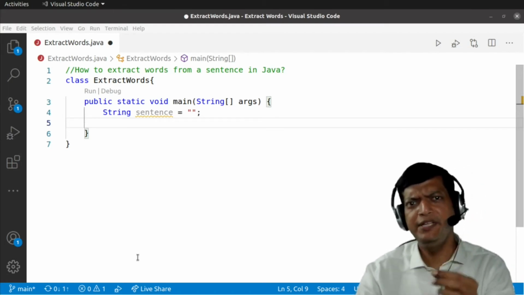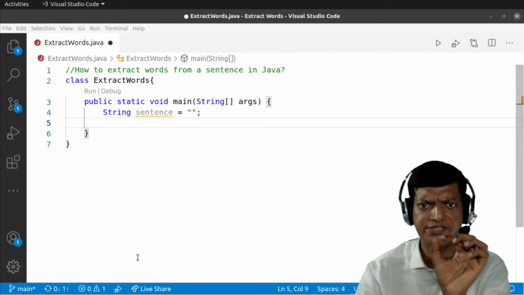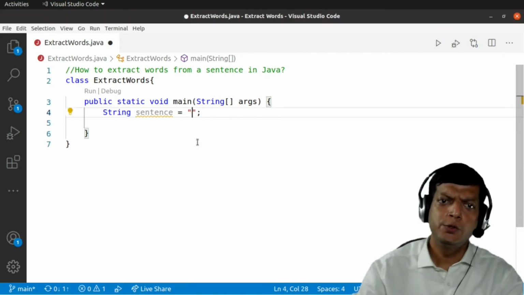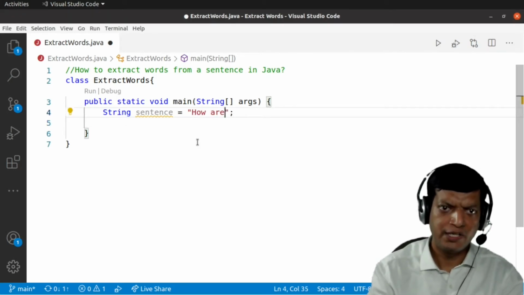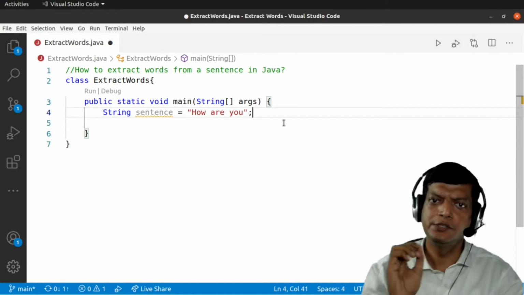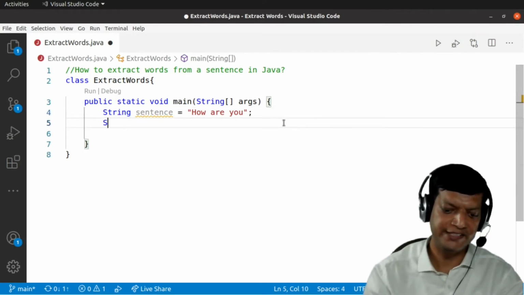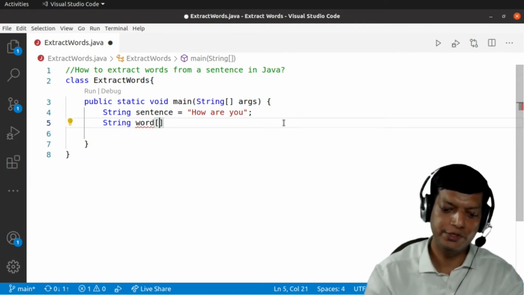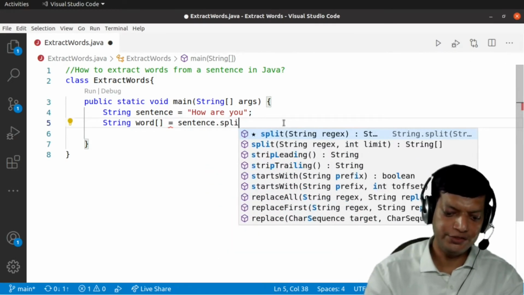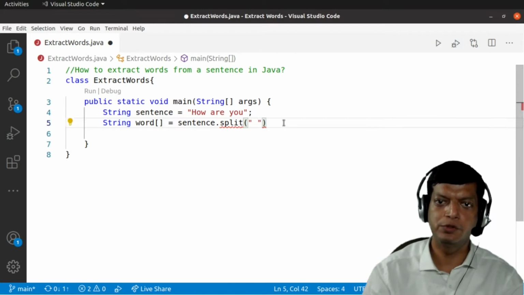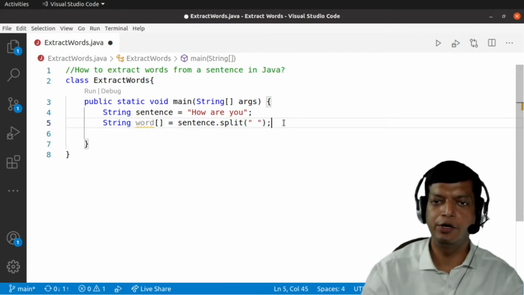By simple, I mean that words will be separated by a single space, and then we'll add complexity to it as we move in the video. So let's say the sentence is, how are you? So there are three words, and we'll be using the split method of the string class to split the sentence. So I'll first create an array because split method returns an array. So we'll say split word followed by a box bracket to denote an array. And then we'll say sentence dot split. And then I have to tell the computer on what character I want to split. So for simplicity, I am saying I want to split on a space.